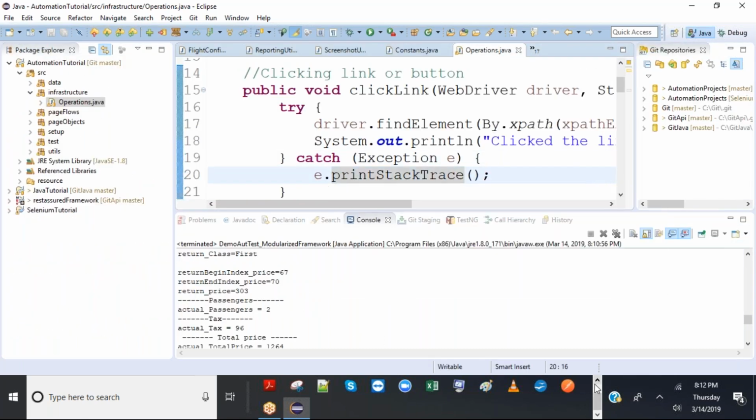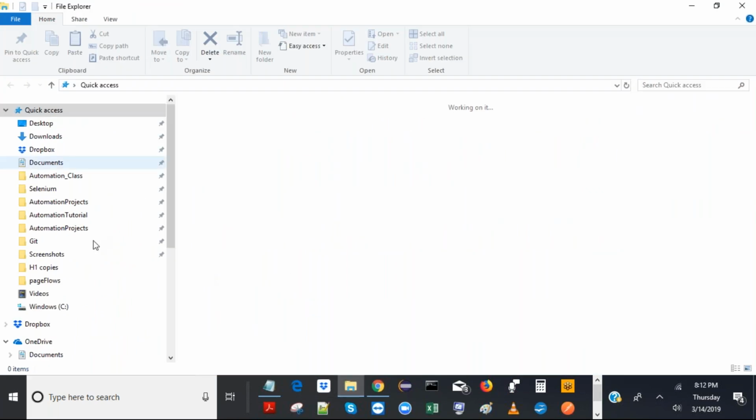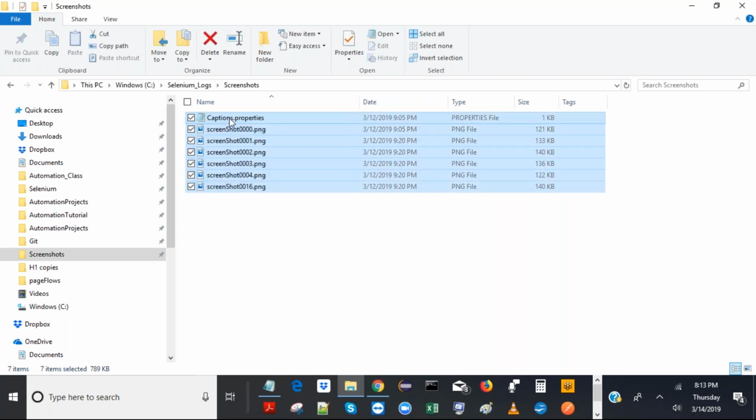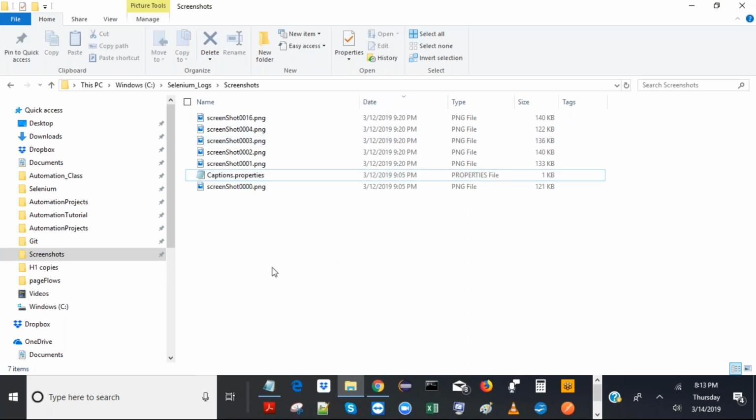Last time I showed you how to take screenshots and everything. So let's see if screenshots are formed or not. Yeah, screenshots are formed. Okay, but these screenshots are last time's screenshots only, right? So for now, we'll have to delete them. Captions is also dated last time. Should have taken. Okay, so what I will do is,